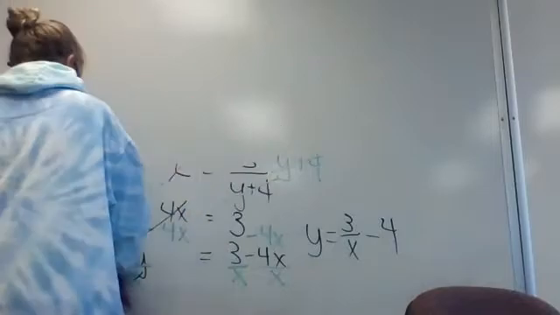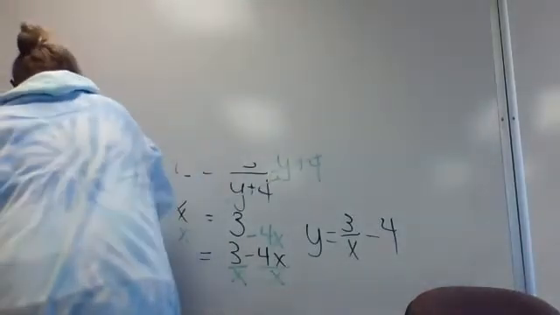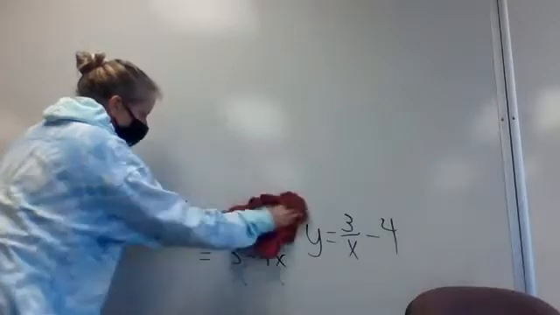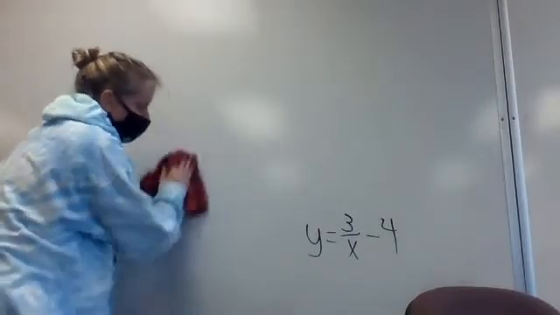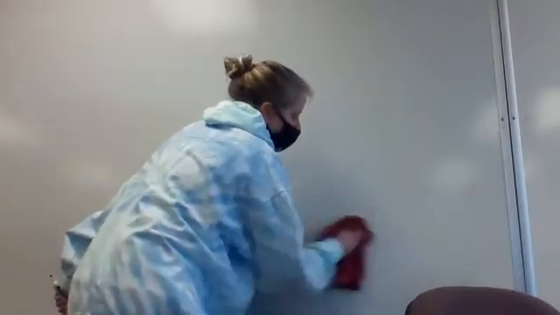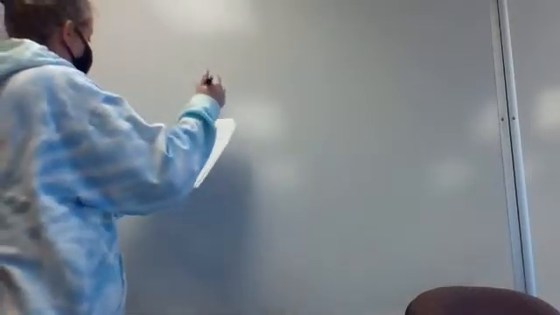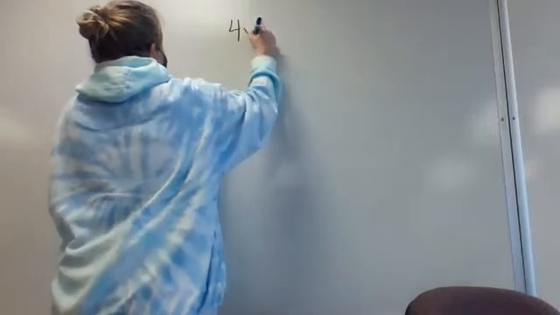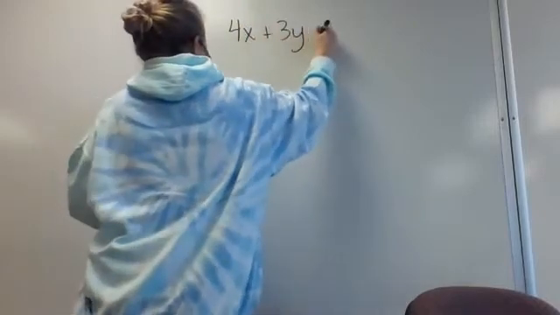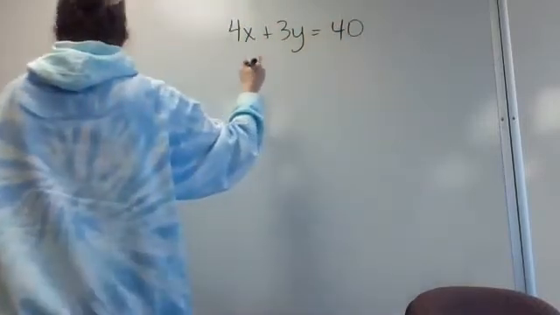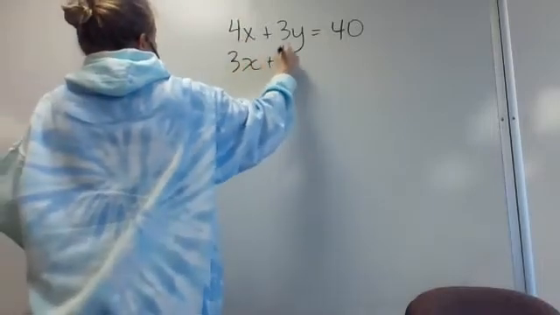I probably should have just done it like that. All right, the next one, number 20, is when we got into the systems of equations section in 3.6. The first one that we're going to work with just has 2 equations with 2 variables. So 4x plus 3y equals 40, and 3x plus 4y